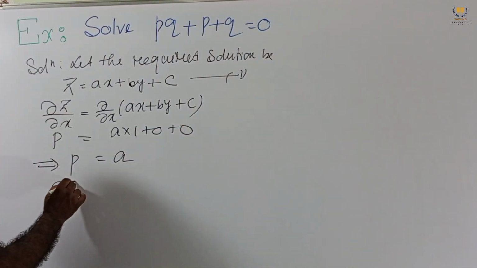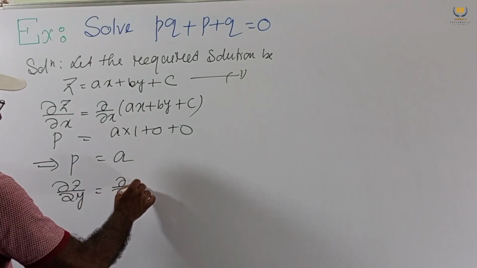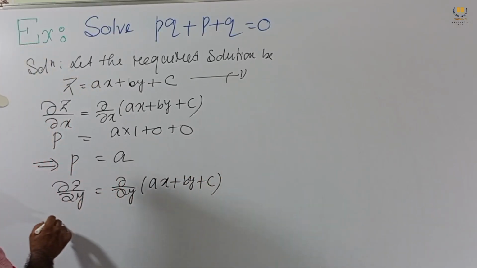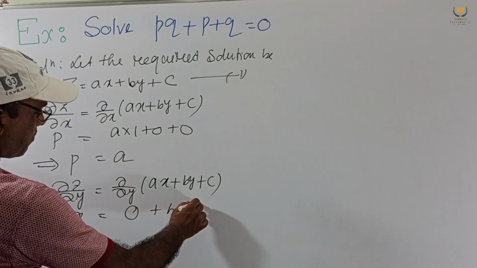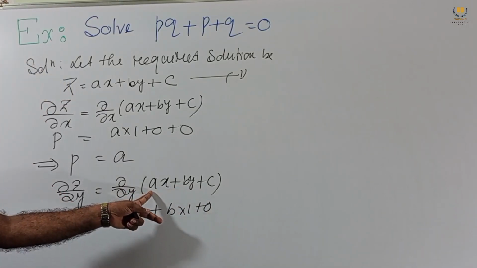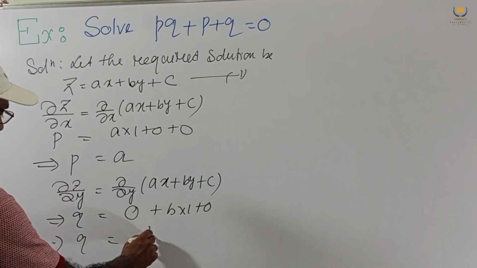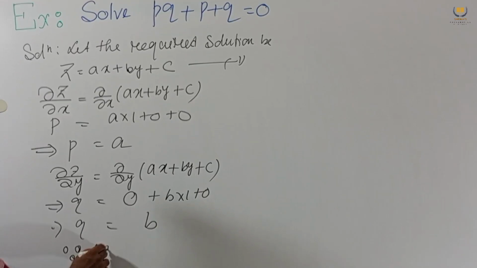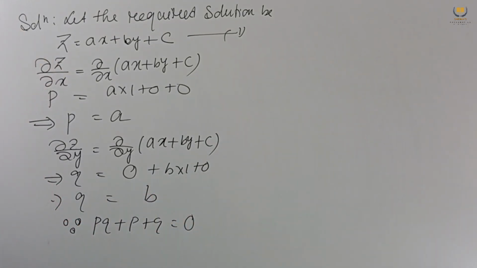Now we differentiate with respect to y. Del by del y of ax plus by plus c equals q. This is 0, b into 1 plus 0, because we differentiate partially with respect to y, x is constant. So this implies q equal to b. We get this one. But since our given equation is pq plus p plus q equal to 0,